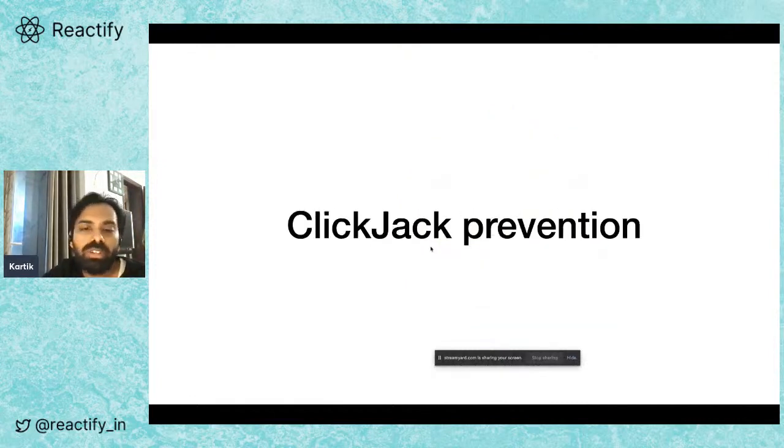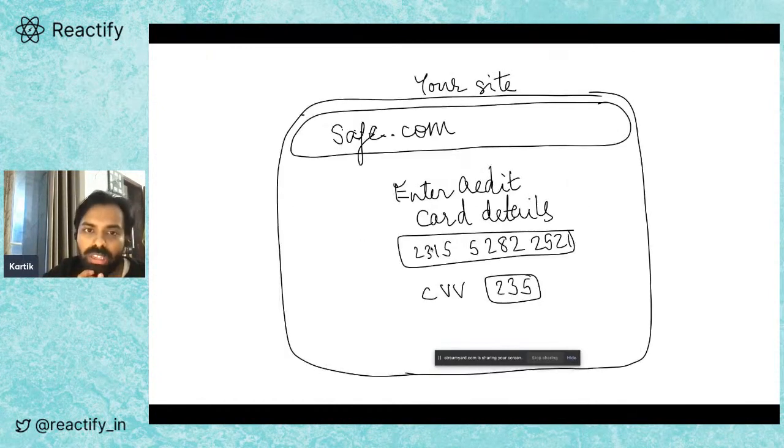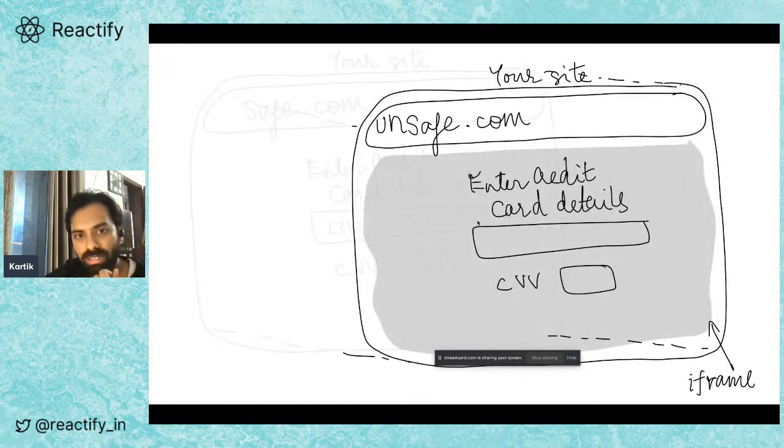So you might have also heard of clickjack prevention. I used to work in a company where some people from Saudi Arabia, let's say you have a website known as safe.com, and you have a screen where you enter the card details, and you commonly do that as well, right? So somebody gets to know that, okay, it's a fairly new website. Why not? I make an unsafe.com and load your website in an iframe and show that enter credit card details